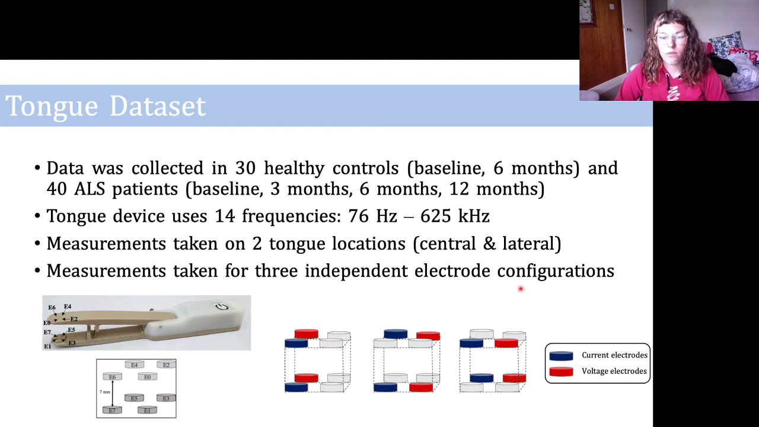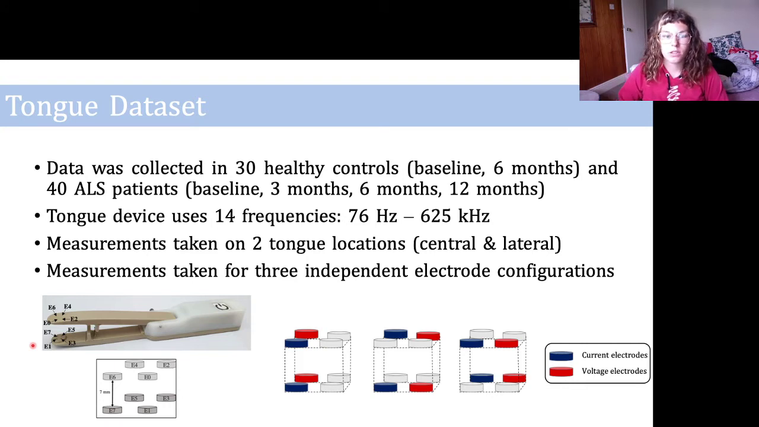So the dataset that I have been analysing was collected in the tongue using this impedance device that was developed by our team here in Sheffield, and this specifically assesses bulbar ALS disease, which affects the muscles of speech and swallowing. So measurements were recorded in 30 healthy volunteers who were seen at an initial baseline visit and a 6-month follow-up, as well as 40 ALS patients who were seen at baseline, 3 months, 6 months, 9 months, and up to 12 months. The device uses 14 frequencies, starting at 76 Hz, going all the way up to 625 kHz,